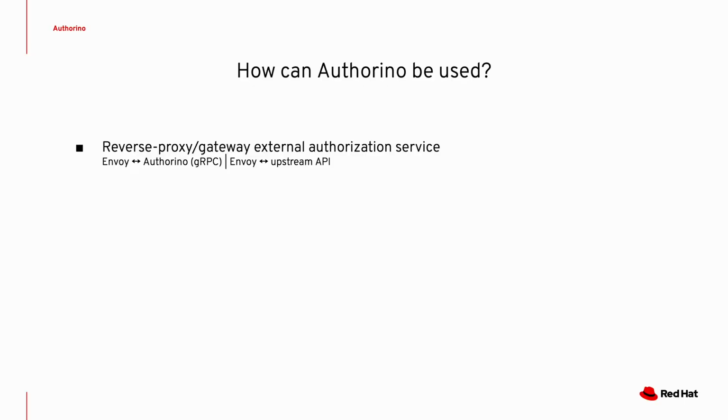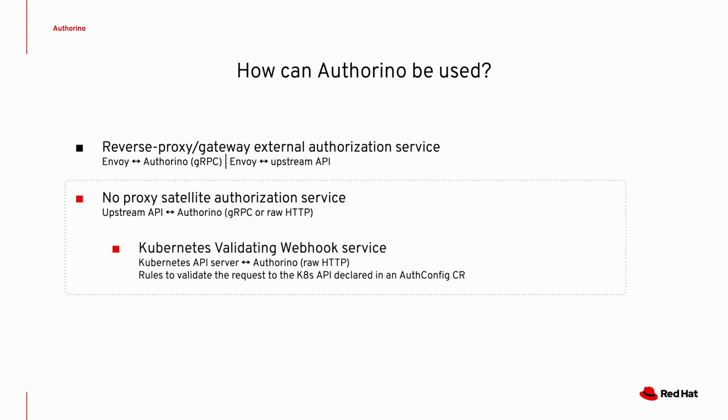The reverse proxy or gateway external authorization approach, where Envoy receives the request, talks to Authorino, and Envoy redirects to the upstream, is the main way to use Authorino. But there are other ways to use Authorino, such as without the proxy in the middle, with the upstream API talking directly to Authorino. And a sub-use case of that is of the Kubernetes API talking to Authorino to validate requests sent to the Kubernetes API server. The rules to validate the payloads sent to the cluster's API are expressed in an Authorino AuthConfig